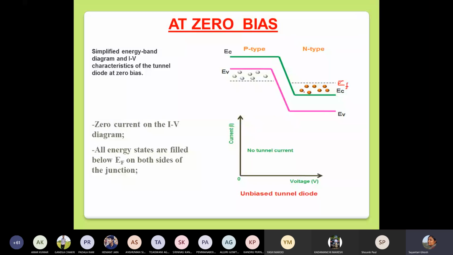Here, between the bottom of the valence band and E Fermi, and the bottom of the conduction band and E Fermi, we have electrons and holes sitting, and they are quite close to each other. The potential barrier that we have here, if this barrier is very thin, which is true because we have a tunnel diode and the depletion region is quite thin, then there is a certain probability that these carriers can cross this barrier through tunneling. So that is what happens in case of small biases.